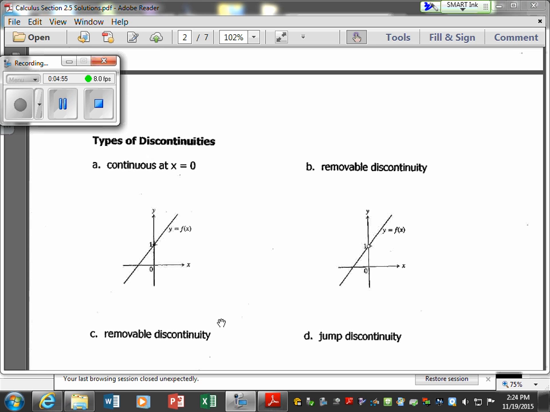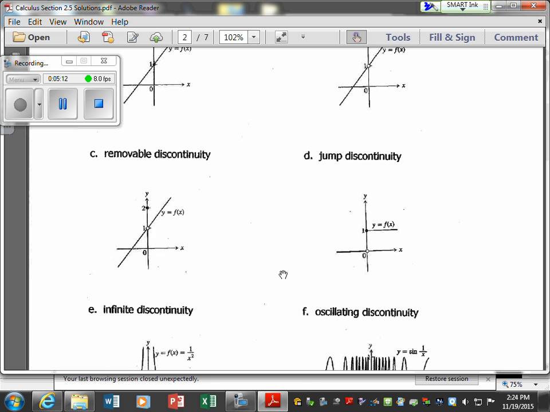This next part is just talking about different types of discontinuities, and we mentioned discontinuities in our last lecture. This is continuous at x equals 0. This one is considered a removable discontinuity, and you can see that's an open circle right there. Another removable discontinuity is if you have an open circle here, but a closed circle on 2 right there. That's a removable discontinuity. And on the algebraic side, if you think back to the last lecture, remember when we